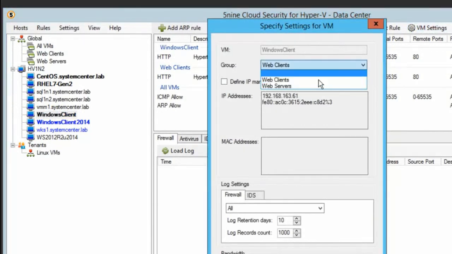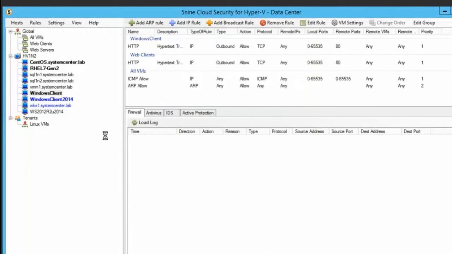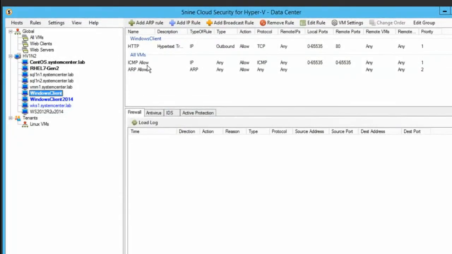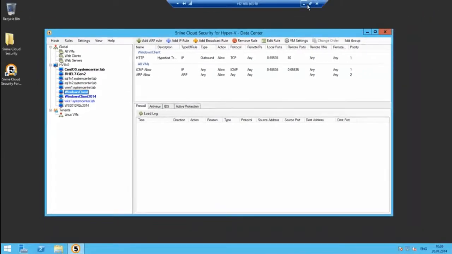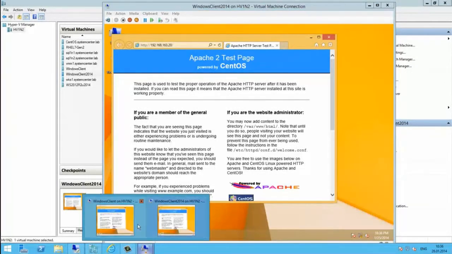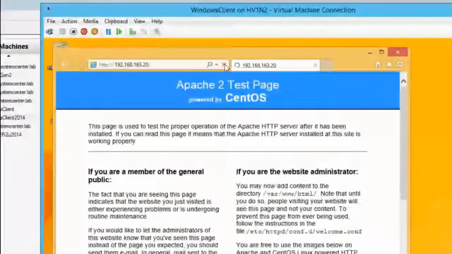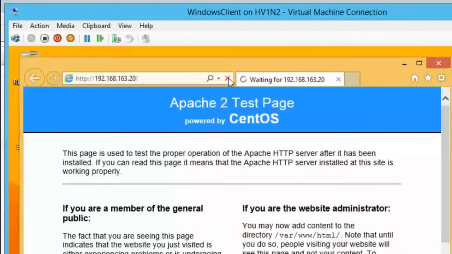As you remember, the Windows Client virtual machine has the HTTP rule allowed on the virtual machine level, but right now we just removed it from the security group called Web Clients. Windows Client 2014, which is still a member of this Web Clients security group, can still access the web server, but when we start to refresh the page on the Windows Client virtual machine, which was just removed from the Web Clients security group,